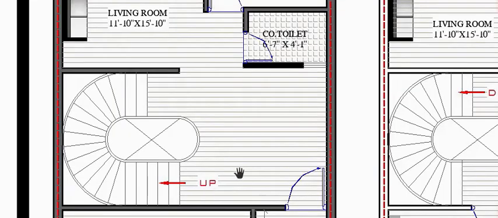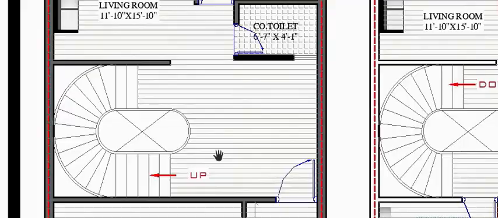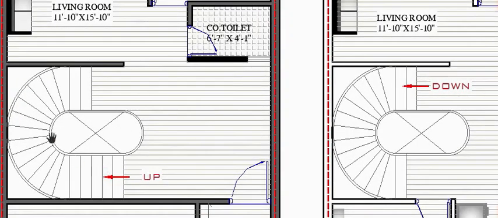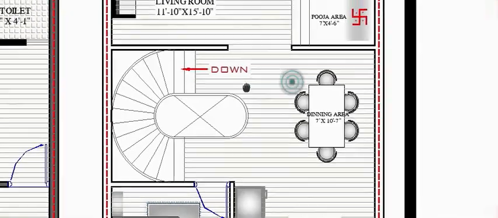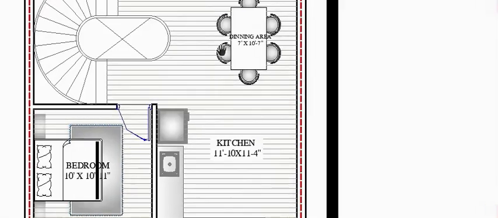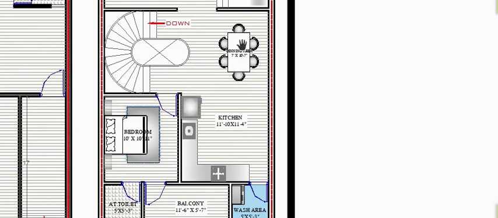This is the architectural icon space, which is the staircase. It is going upward toward the first floor plan. So here you can go towards the upper floor. You can arrive here. This is the first floor plan. You are entering the dining space.